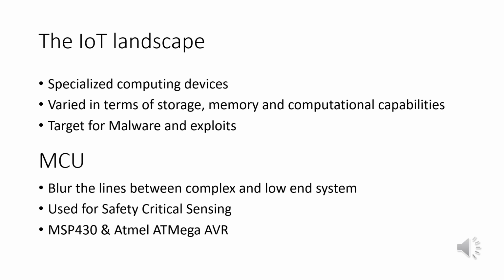An example of a very specific type of IoT device would be a microcontroller. This device, residing at the low end of the IoT spectrum, is designed with strict monetary, physical, and energy consumption constraints. These microcontrollers, although on the low end, are very similar in their functionality to some of their higher end counterparts. Two prominent microcontrollers are MSP430 by Texas Instruments and Atmel Atmega AVR.